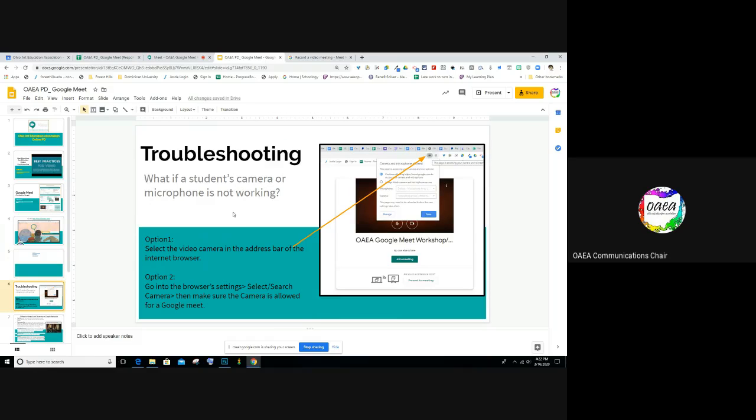Now the one troubleshooting issue that I found using Meet with my students is that sometimes they get really excited when they are first ready to join a Meet, and they just start clicking buttons and they're not listening to you, and they're seeing their friends pop up on the screen and they are totally distracted. So as they're clicking all these buttons, sometimes they actually turn off the permissions for the camera and microphone on